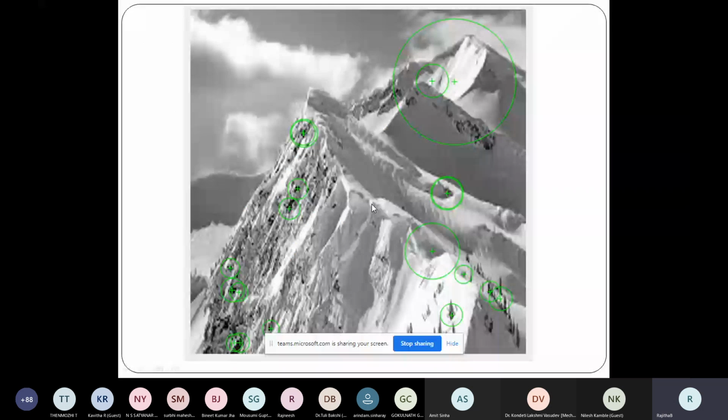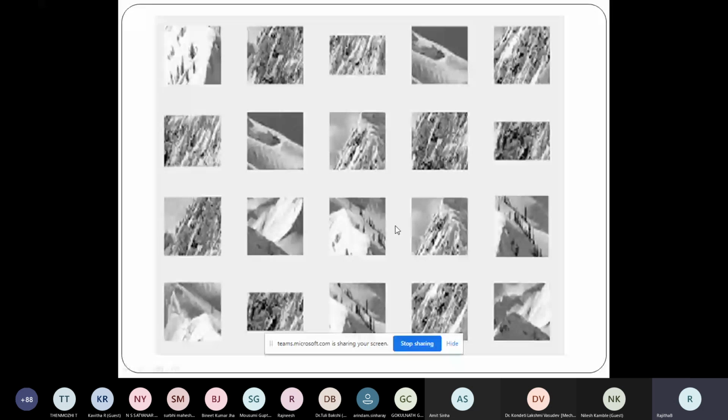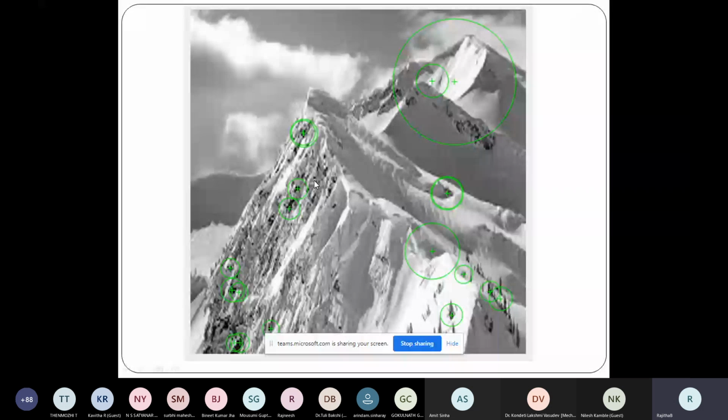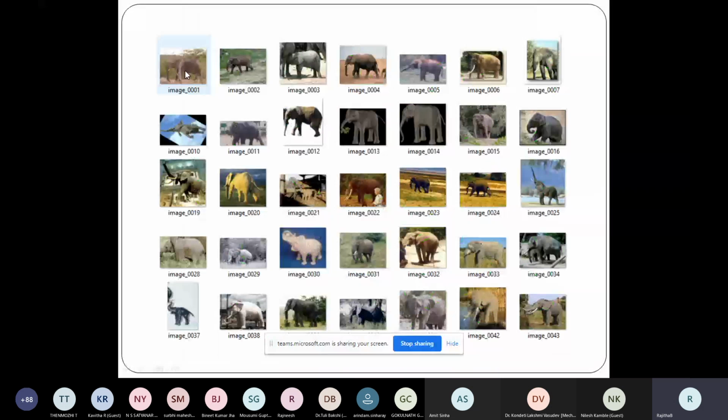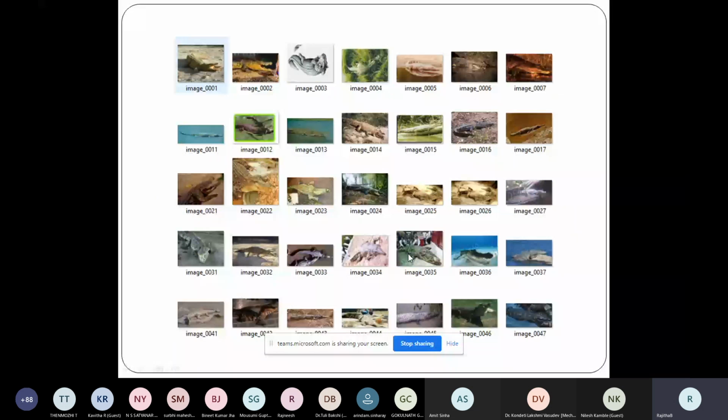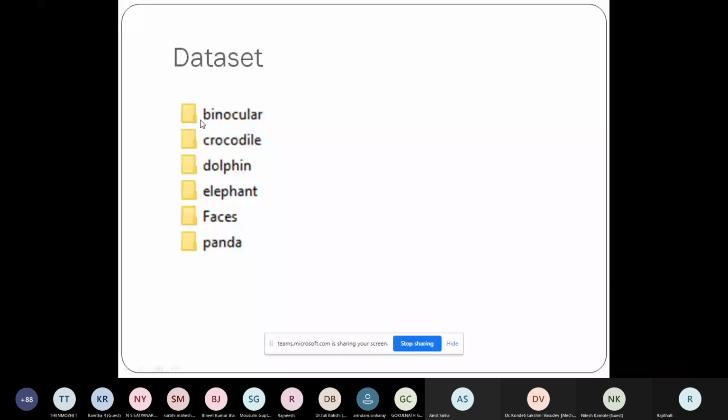Now what we need to do is apply this for each and every category. For this image, I will get 20 cross 4. For this image, I'll get 20 cross 4. And similarly for this image, I'll get 20 cross 4. Features I have extracted. Similarly for the other categories. So that means I have to extract the features for all the images or all the categories. So that is our first step. You can see here, we have to extract the features.